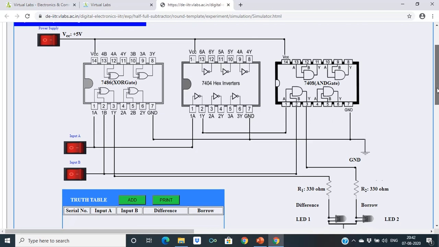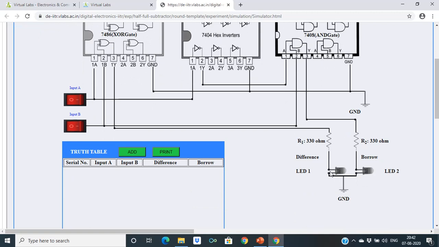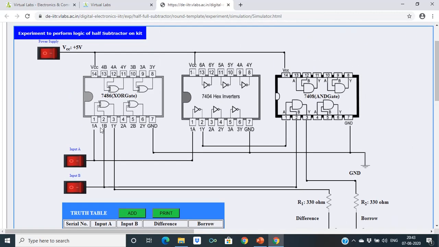And for the output you can have LEDs. This is the positive terminal of the LED, which is the longer one, and the shorter one is negative. You have to connect it to ground, and you can also use a resistance to limit the current, so as to avoid damage to this LED.